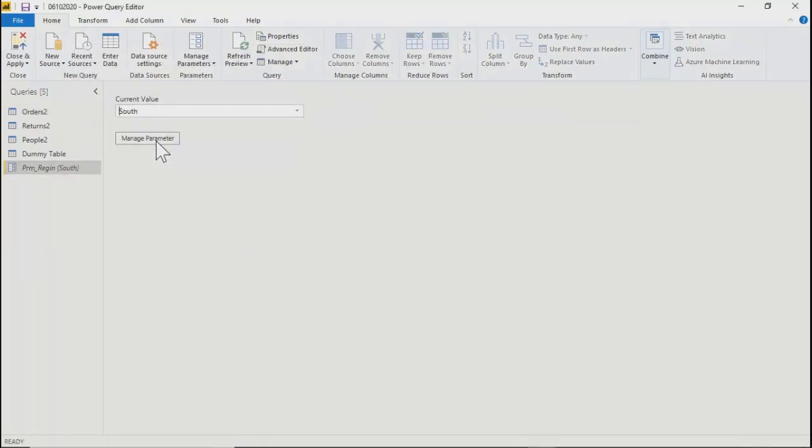But is it going to work on your data? Any thoughts? The parameter is ready, but is it going to work on your data? No, I think we need to map these two columns, it seems, because they don't have any relationship between them. Maybe, I'm not sure. No, correct. You are 100% right.